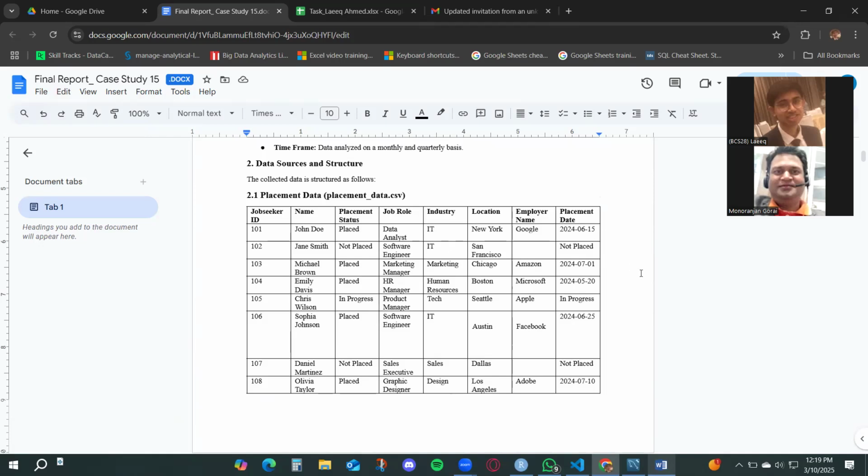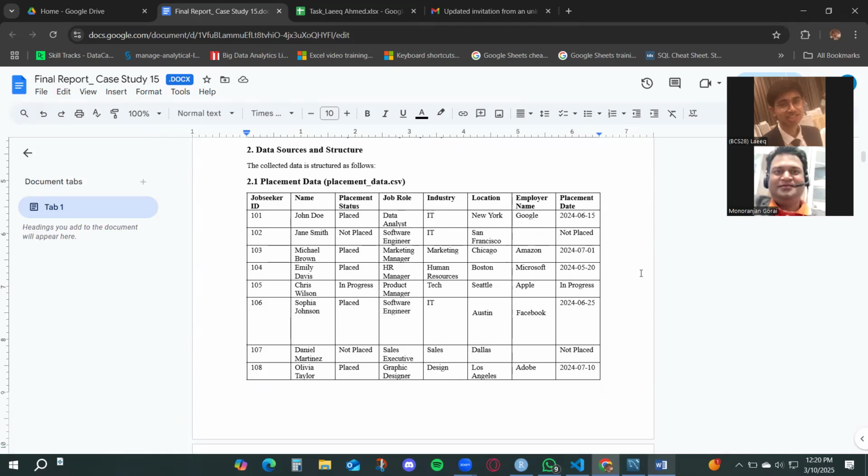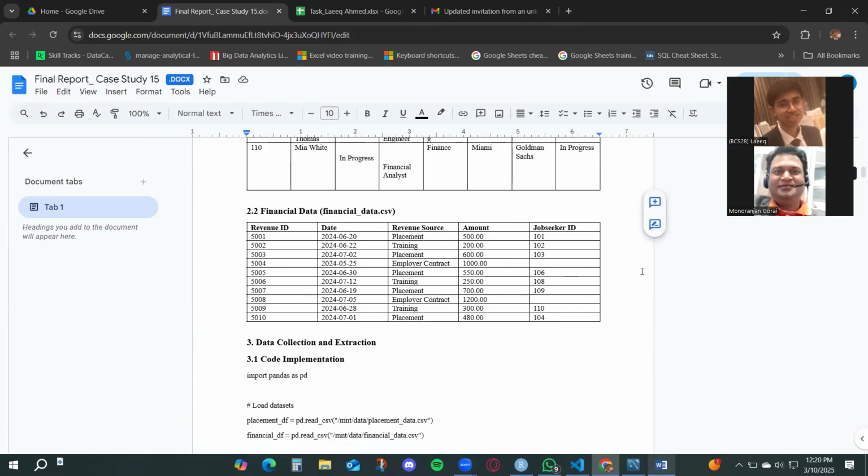Then a couple of more fields. Okay, financial, we have a separate table. Let me see that first. Go to the financial table. Revenue ID, date, job seeker ID, date, revenue. So here, give a different thought to this: for this job seeker, let's say, how much is